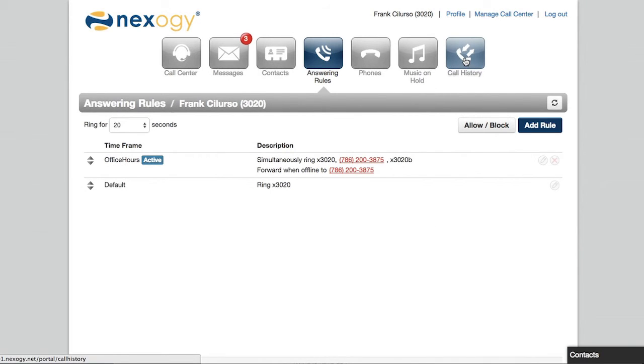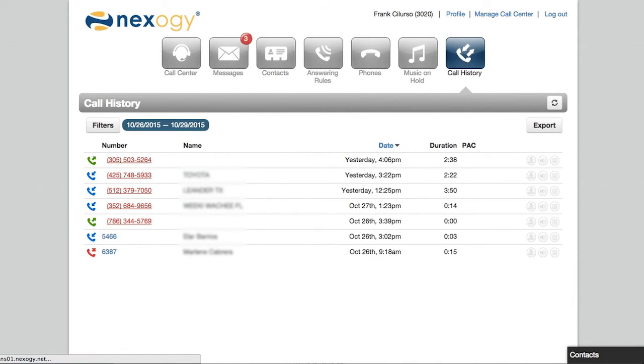A user has access to walk into their call history, see all the calls they have had throughout the day. Here, again, they can have an expanded list to do any specific notes. They also have the ability, if call recording is turned on, to listen to their own calls. Maybe they want to hear what the customer said or spoke to, and they have the ability to download their own